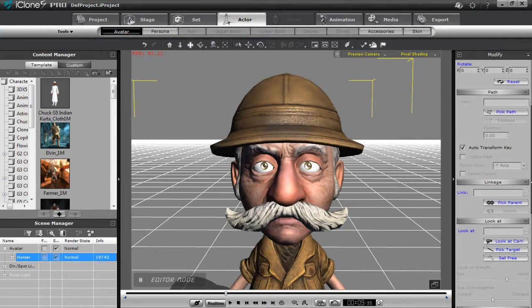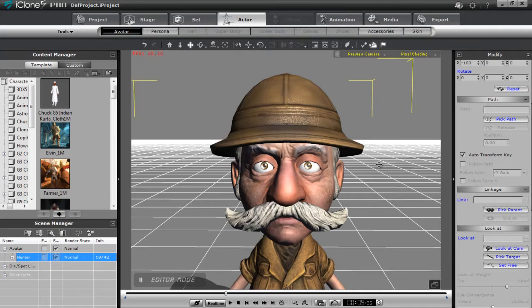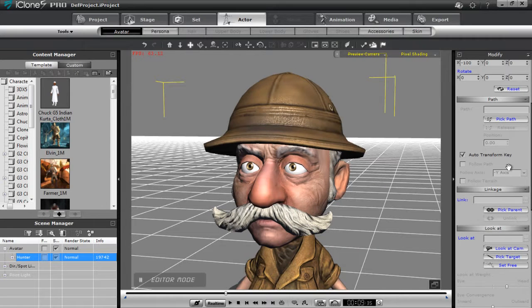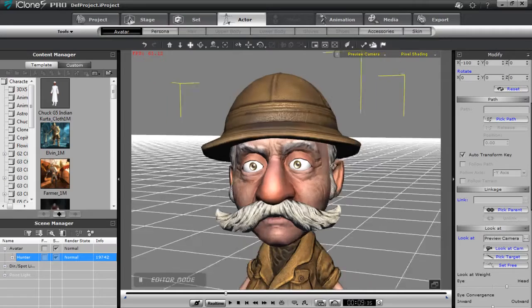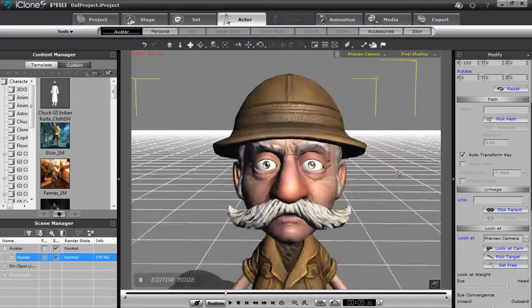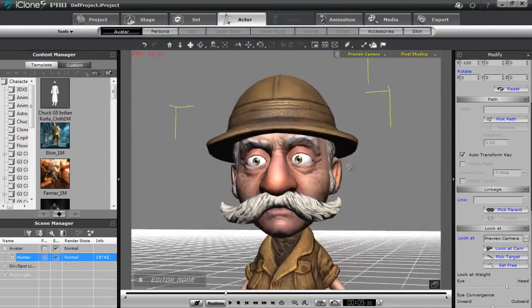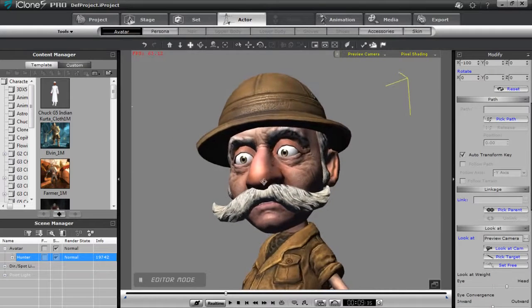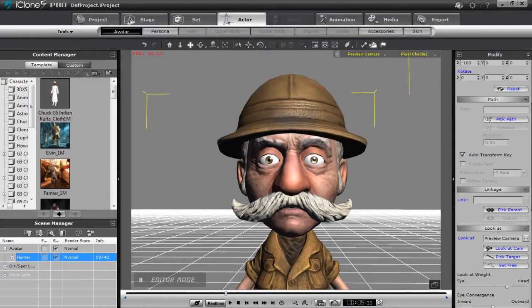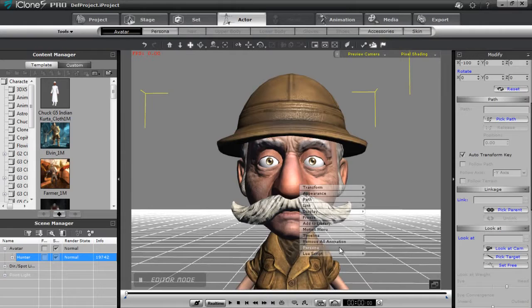As well, if you have the eye bones mapped in your model, you can choose the look at feature as well. If I select look at cam, for example, my model will look at the camera. I can rotate around and see him follow along with the camera there. Alright, so we'll remove the animation for now. What I'm going to do right now is take the FBX version of this character